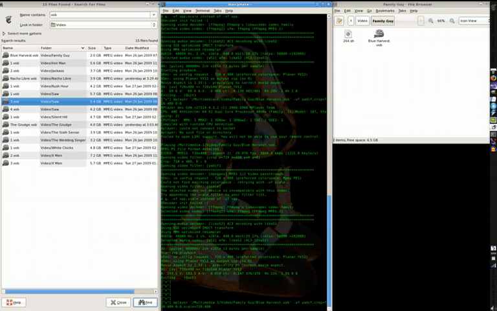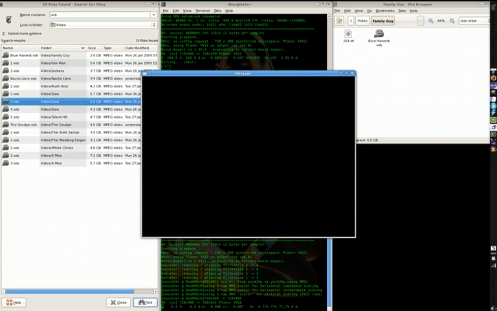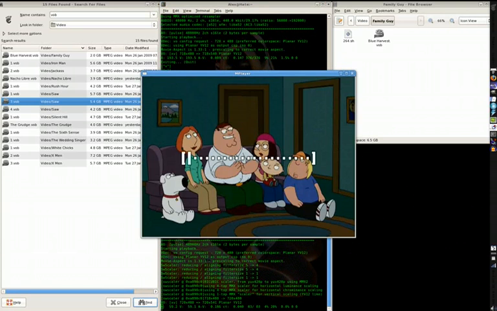Okay, so now that we've scaled it, put a comma, and the last filter we're going to use is the dsize filter, which is display size. I don't know why it's called display size when it's actually your aspect ratio. So we're going to go dsize equals 1.33, because this is a 1.33 to 1 picture ratio, which is full screen. It kind of looks almost like a square. 1.33 to 1 is also referred to as 4:3 as a ratio. And as you see